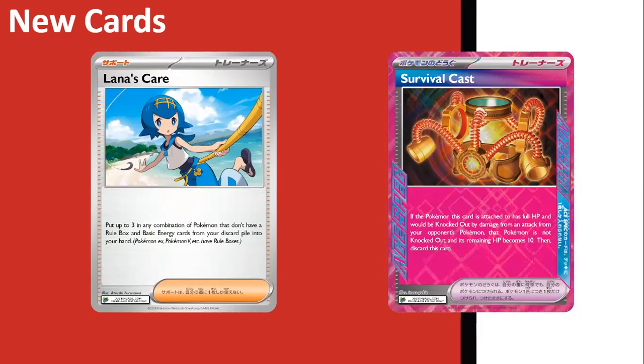We also see the Survivors card, which is a brand new tool card, an Ace Spec. If the card is attached with full HP and will be knocked out from an attack from the opponent's Pokemon, this Pokemon is not knocked out and its HP is now 10. We've seen this before in Focus Sash for fighting type Pokemon way back in the day of the Furious Fists era. I think this actually is a pretty good card, but we're going to wait until the likes of